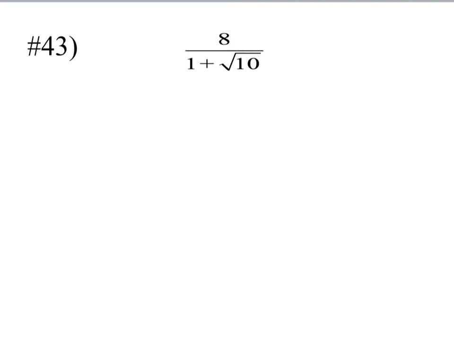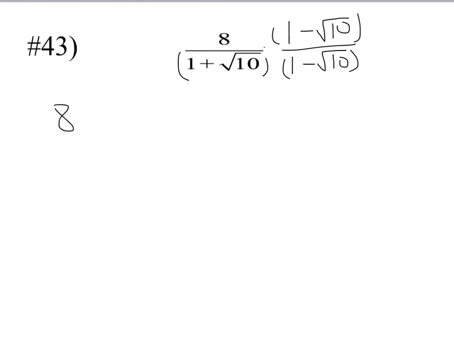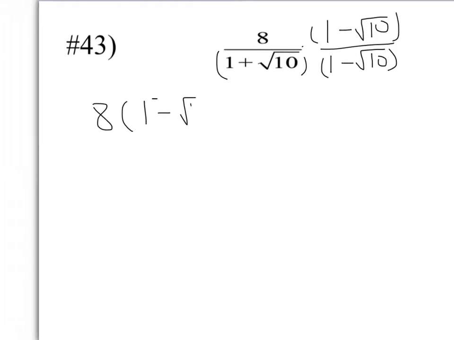Okay, so let's see if there's any way we can simplify 10. 10 is 5 and 2, so nothing changes. So I'm going to go ahead and multiply by the conjugate, which is 1 minus the square root of 10 over 1 minus the square root of 10. Get your parentheses so you don't get confused when you're multiplying. So your numerator is going to be 8 times 1 minus the square root of 10